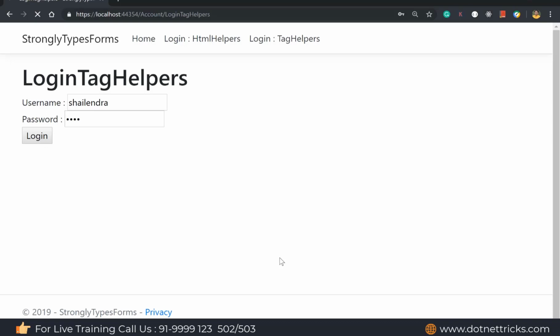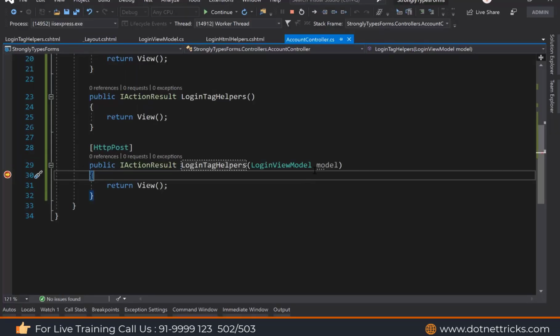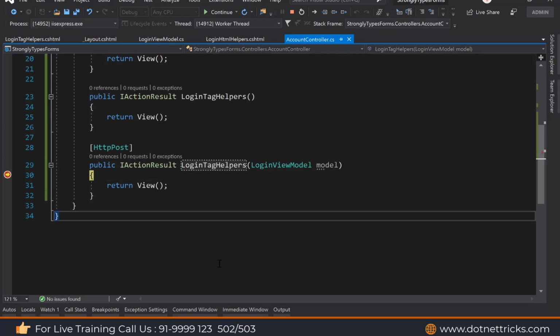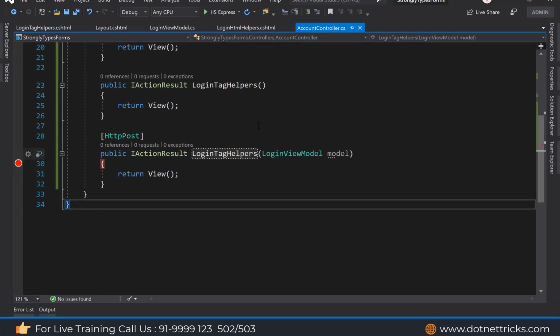Click on the login button and you can see it's coming over here, and I'm getting the username as well as the password. This is the way we can receive the value at the action level, of the form we posted from our view. So this is about the strongly typed forms we can create with the help of HTML helpers and with the help of the tag helpers.